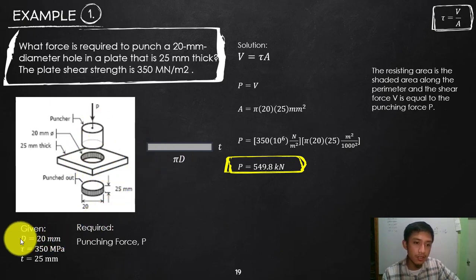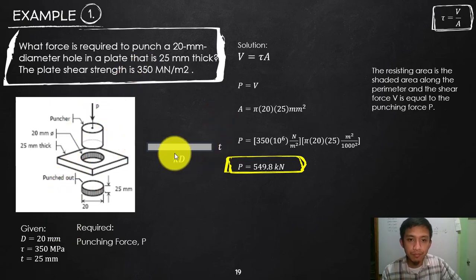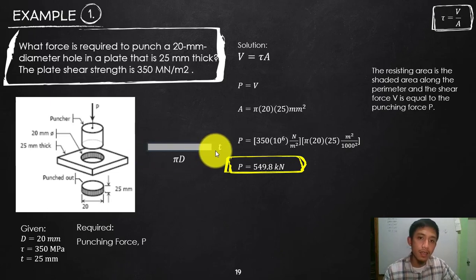Is the dimension the diameter? What dimension do we have? It is the diameter, so circumference is pi d. But if you have the dimension as the radius, that is 2 pi r, isn't it? Therefore, the length of this rectangle, the simplified area rectangle, is the circumference of the circle, which is pi d